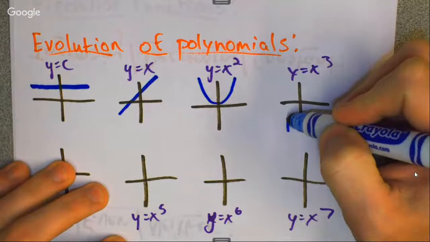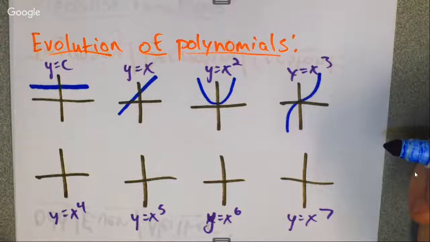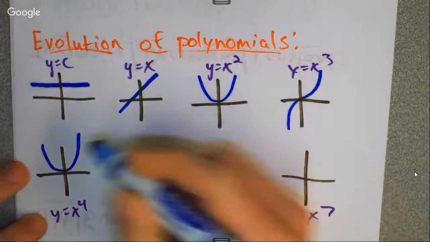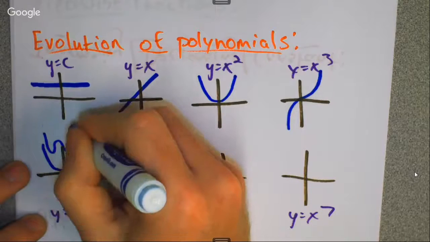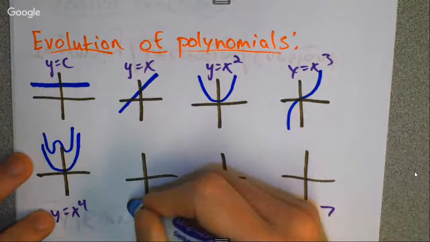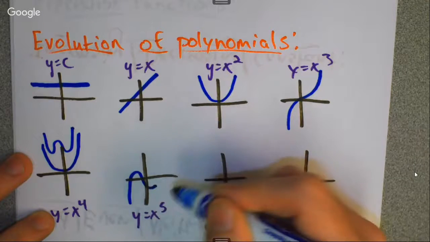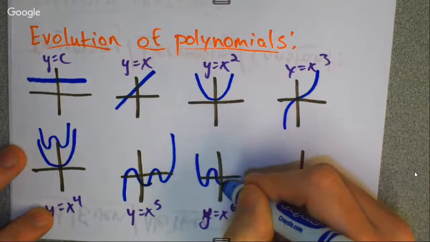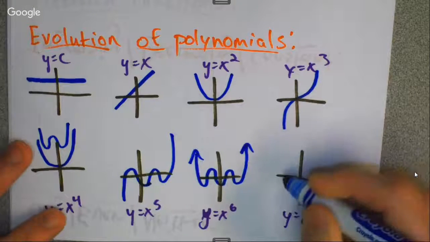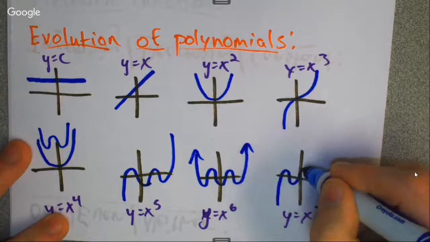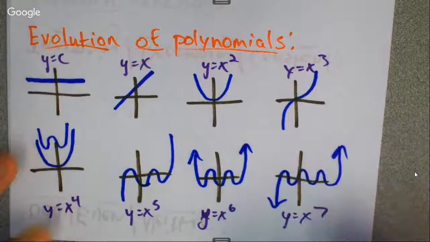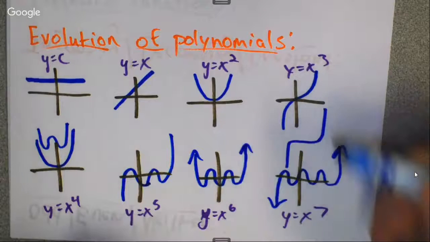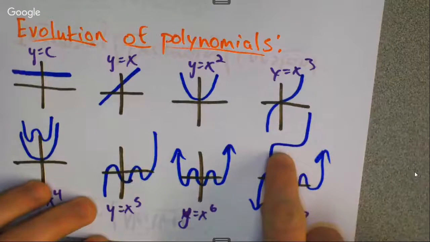X to the third becomes that. X to the fourth. Okay, I can draw like that, or I'm probably going to draw like this. Okay, x to the fifth. X to the sixth. And x to the seventh. Okay. Now, as you notice, x to the seventh could look like something like that on the graph. Okay. The actual x to the seventh is very flat. It doesn't have all those